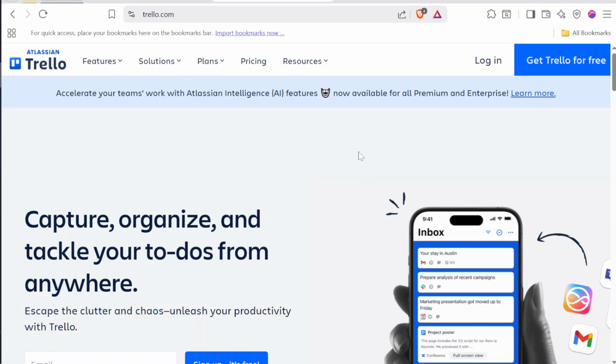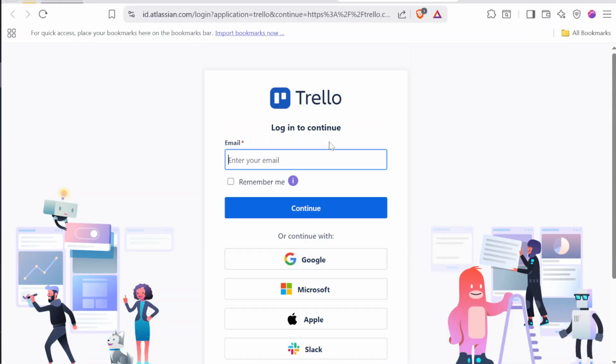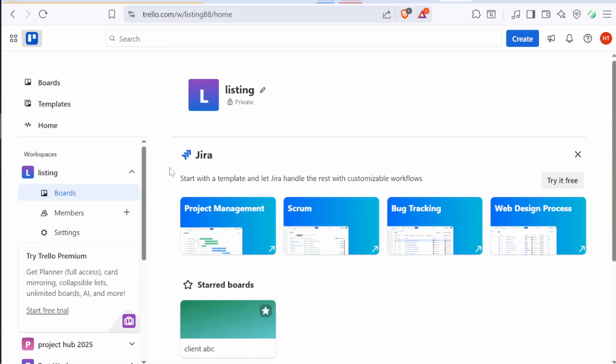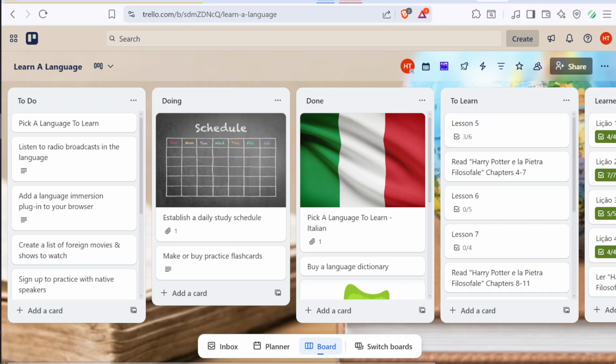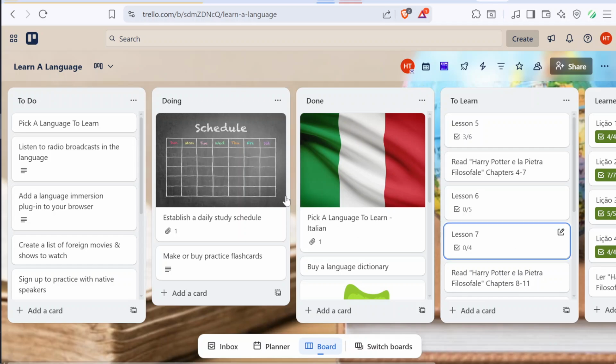First, open your browser and log into your Trello account at Trello.com. Enter your login details, and you'll be taken to your Trello homepage where all your active boards are displayed. Now, navigate to the board you want to delete. This could be an outdated project, a test board, or something you no longer need. Before moving forward, take a moment to double-check that this is the correct board, because once it's gone, the action